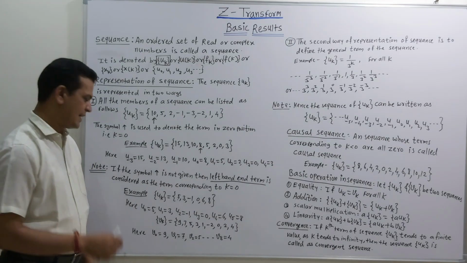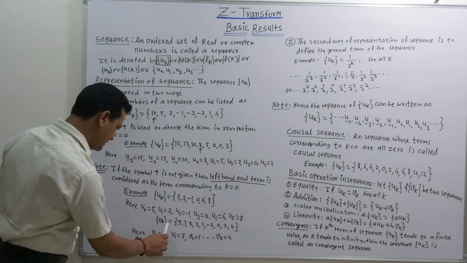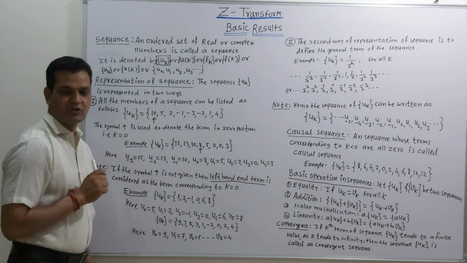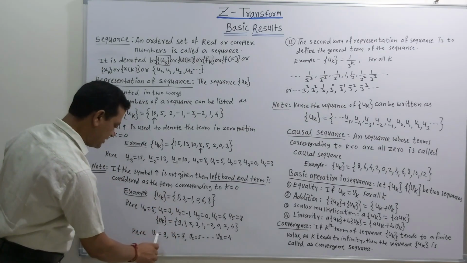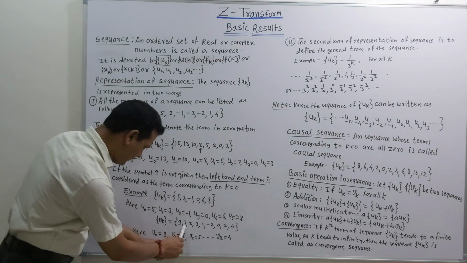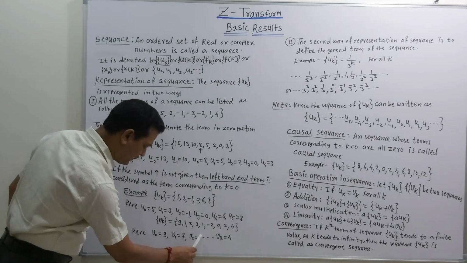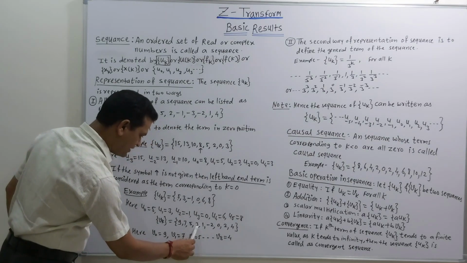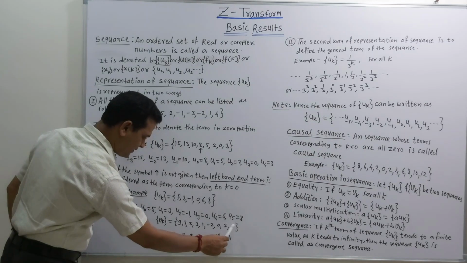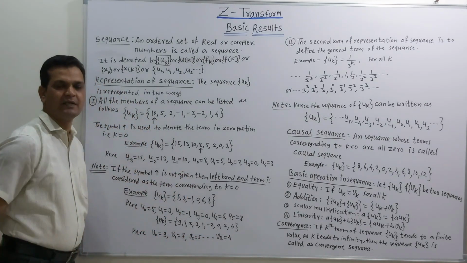Whenever the arrow is absent, the left hand end term, which is 9, is the 0th position of the sequence. So let's denote this by v0 equal to 9. This is v1, which is 7, v2 is 5. In this way we can continue the elements: v3, v4, v5, v6, v7, v8. So v8 is 4. In this way we represent the sequence.